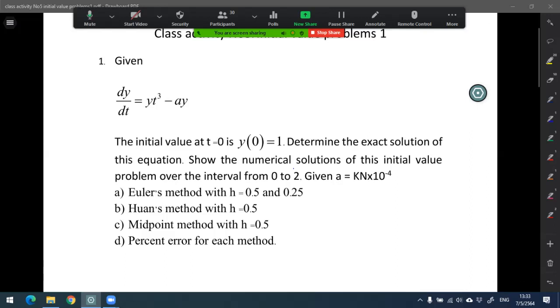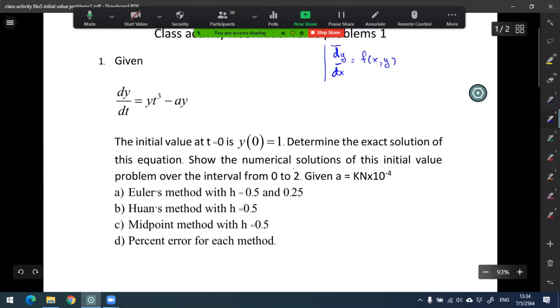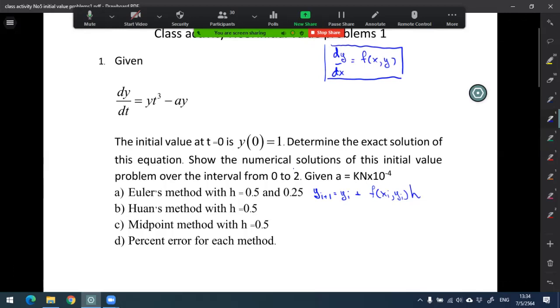We know that when we have the equation in this topic, we would like to solve the equation in the form of dy/dx = f(x,y). Okay, if we have the equation in this form, we can solve based on Euler. Euler is y_{i+1} = y_i + initial slope, represented by f(x_i, y_i), multiplied with h. Okay, but for Heun we have to do two steps. That is, in order to find the final result, y_{i+1} = y_i + the average slope, multiplied with h,